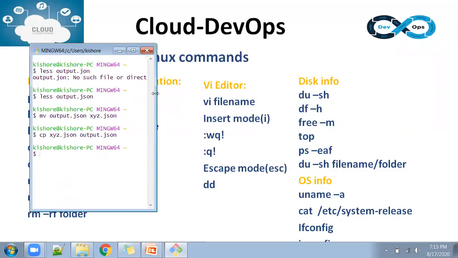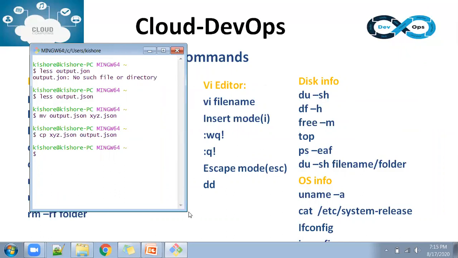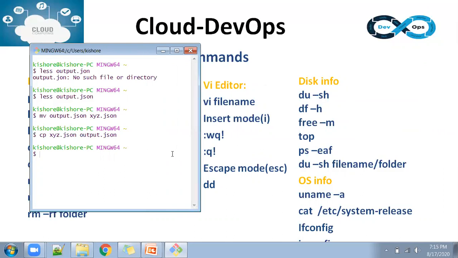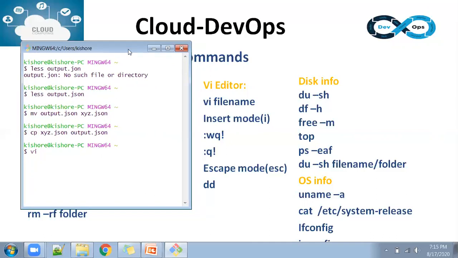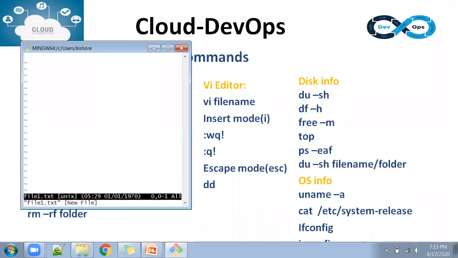Let's go to the other thing. Another important thing is the vi editor. The vi editor is very important because if you wanted to edit any files in a Linux machine, you need the vi editor. For example, I wanted to create a new file and add some content in that. For example, I will add file1.txt. So this is how you can edit a file. When you press like that, some editor will open. If you wanted to enter the content, there is one mode called insert mode. You have to press I, then only you will be able to edit. That is why at the bottom of the session you can see insert. That means you are in insert mode.